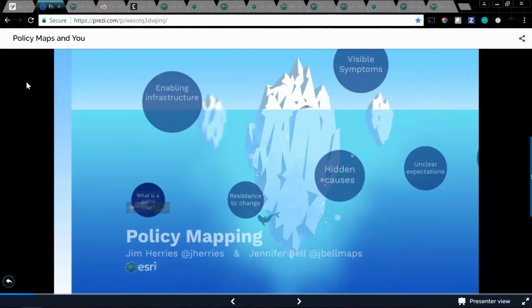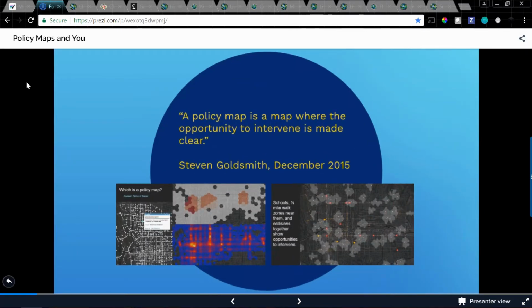When we talk about policy mapping, one of our touchstones is a statement made by Stephen Goldsmith in December 2015. He and I were having a discussion, and he was trying to explain what a policy map was to me so that I could be a more effective resource for him. I put a map of median household income up on screen and asked,